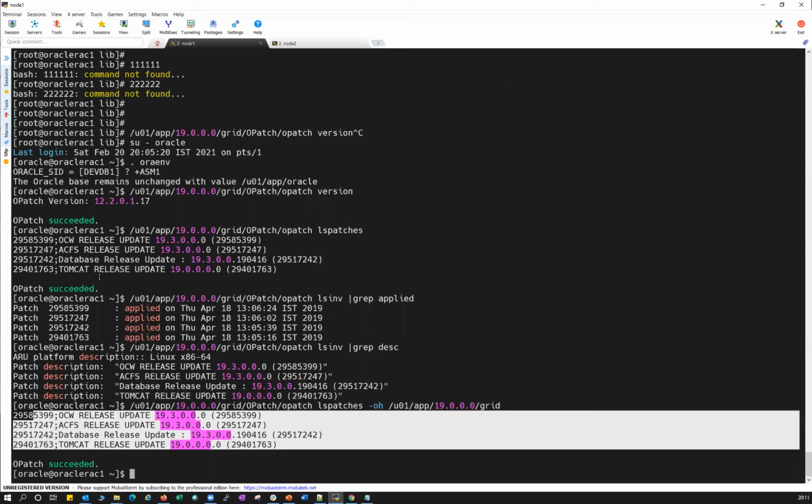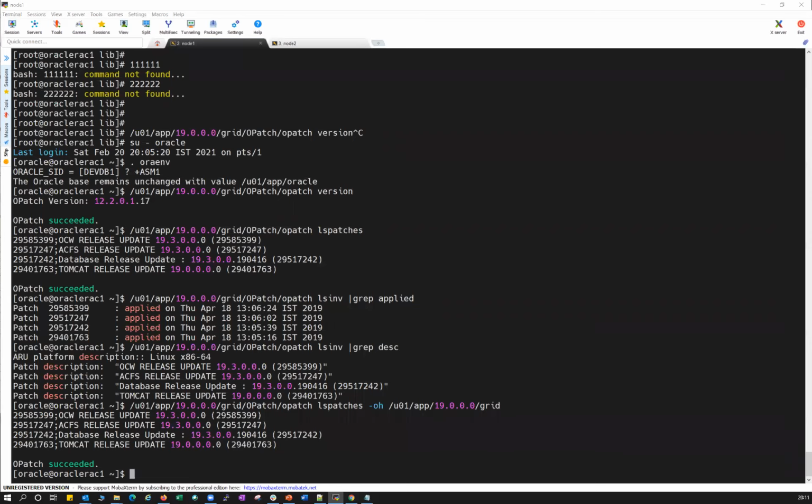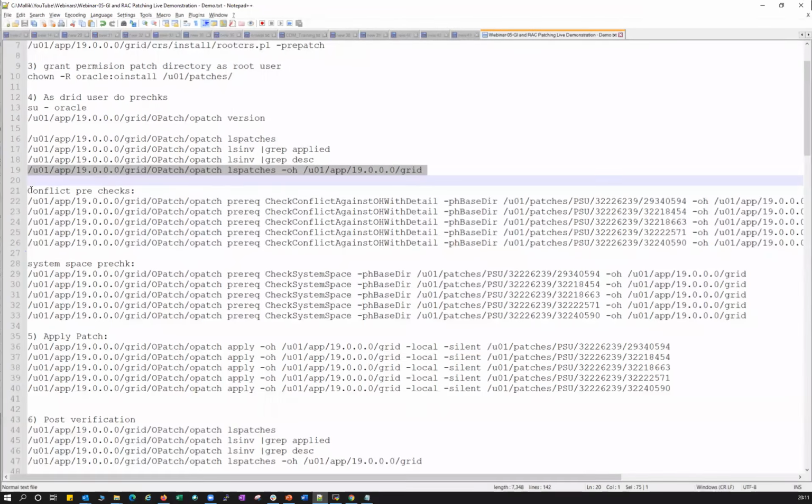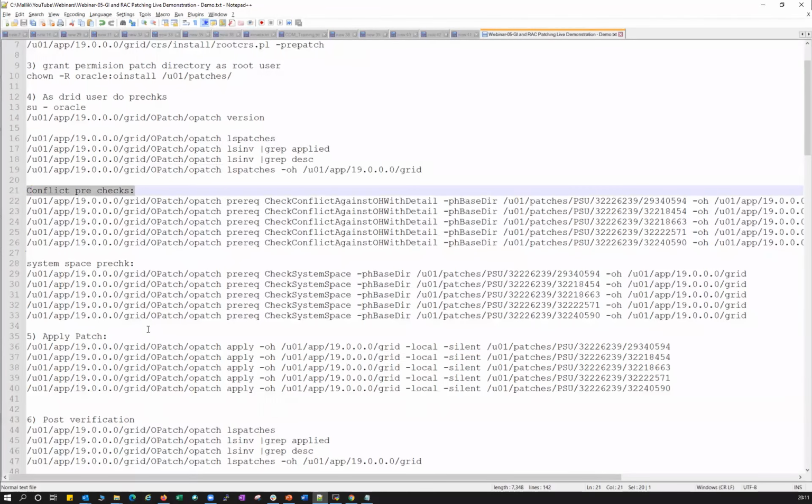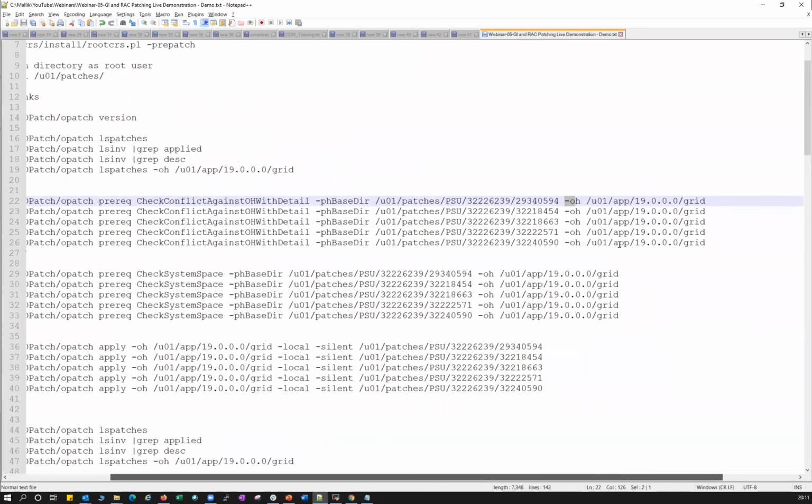Right now, just observe this particular command. I need to do the conflict check now. How can you do the conflict check? The opatch prereq CheckConflictAgainstOHWithDetail, with -phBaseDir, your patch directory, and you have to give that patch. This is our January patch, and inside that I have 5 sub patches. I am giving all the sub patches with -oh, and then your grid home.